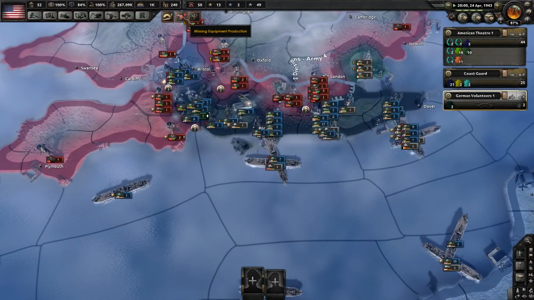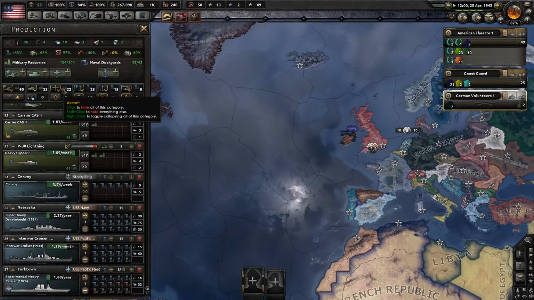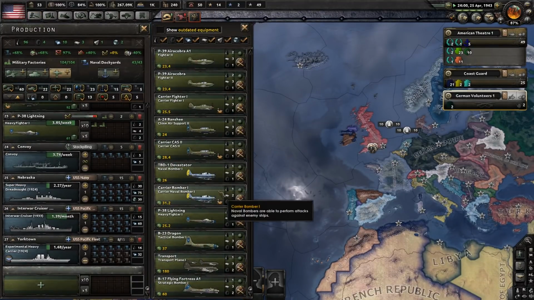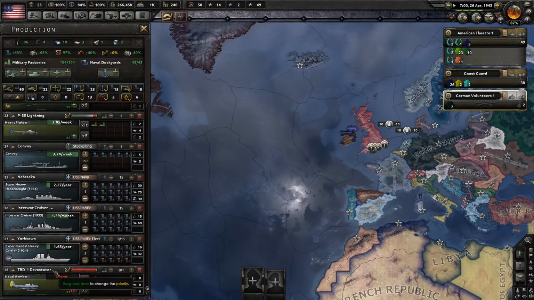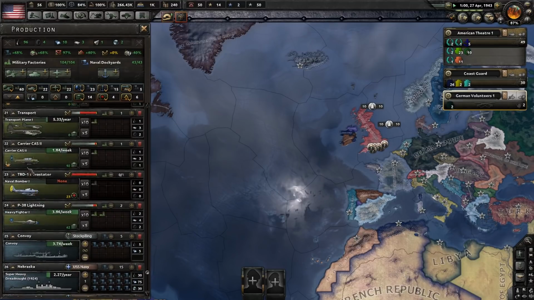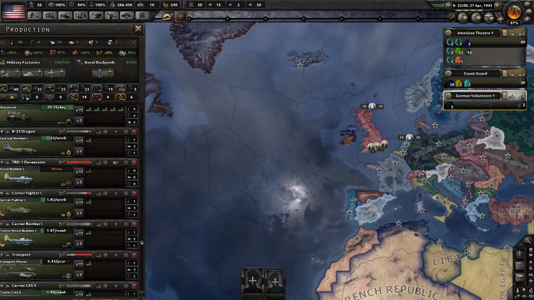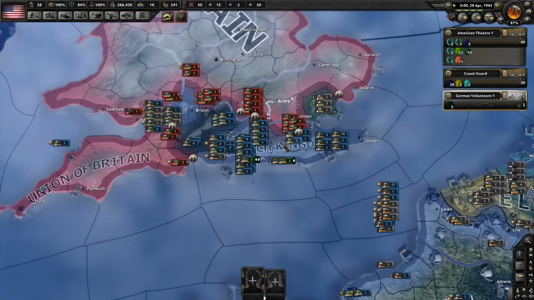In here, missing equipment on naval bombers. All hail the Kingfisher. Naval bombers, there we go, the Devastator. Need to build up some of those. So yeah, put them somewhere in here. Come on, you can put them somewhere. And we're going to focus on...